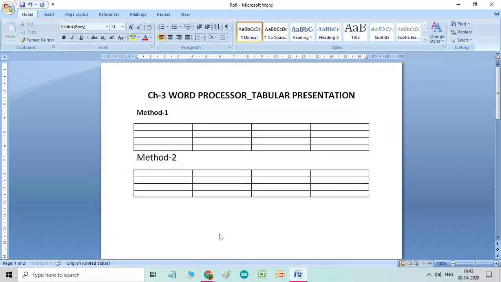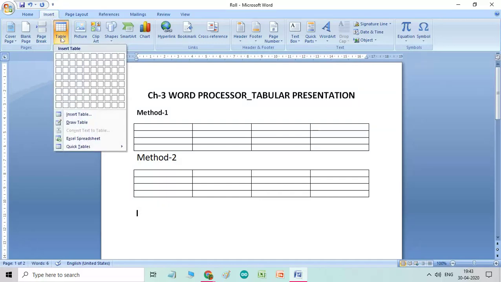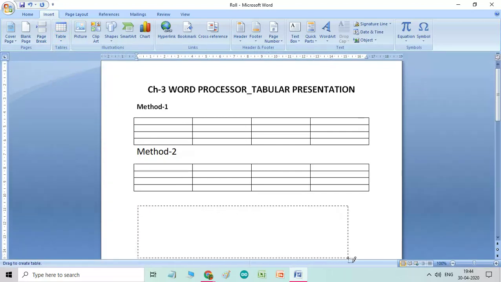Now we'll see the third method. What is the third method? Again you click on the insert tab, tables group, table button. Then you can draw a table on your own. I am going to click on it and you see your cursor will change into a pen shape.